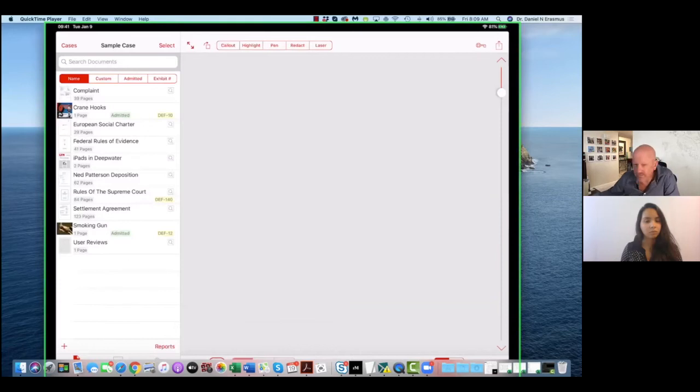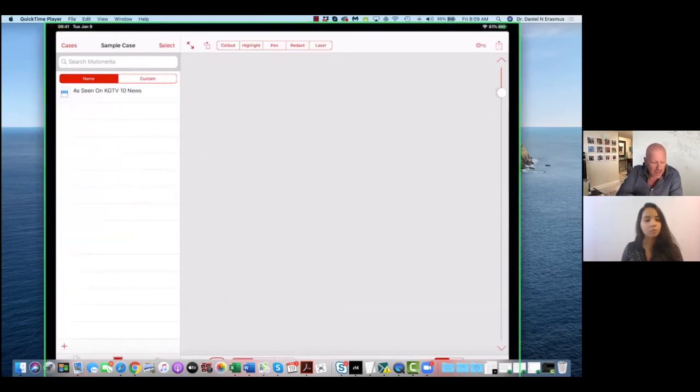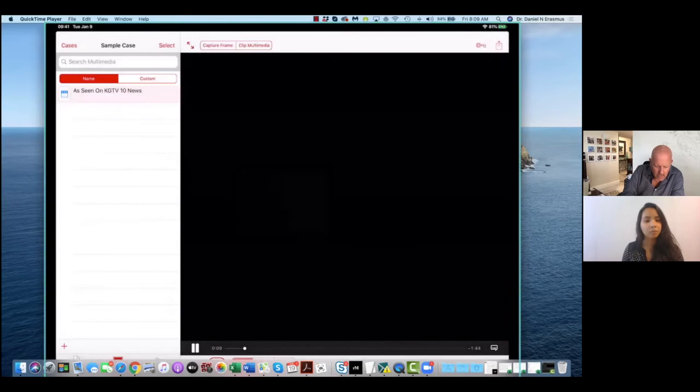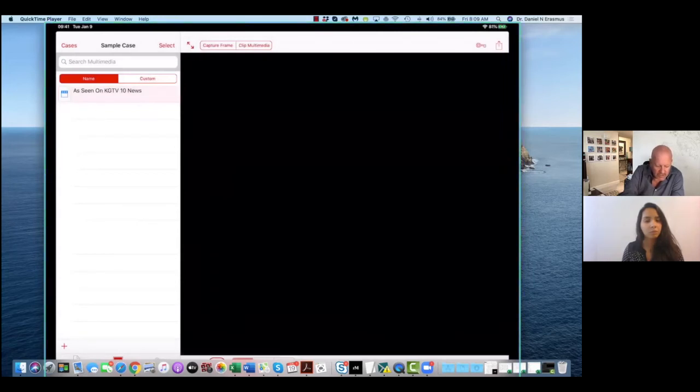Right at the bottom of this iPad screen there's multimedia, which is that center button, and you'll see there's a clip, and as soon as I click it, it should play. For some reason it's not playing this video clip, but typically it will play. That's the multimedia, the photographs or a movie clip, shown under a separate tab.